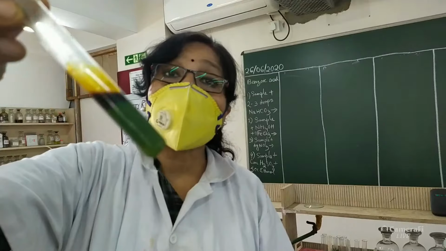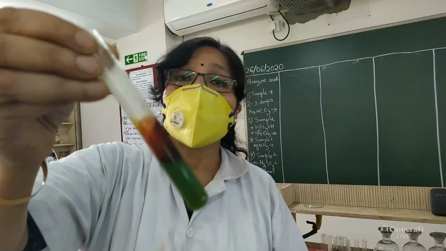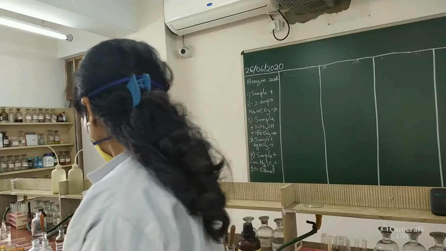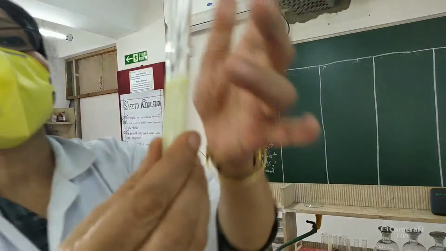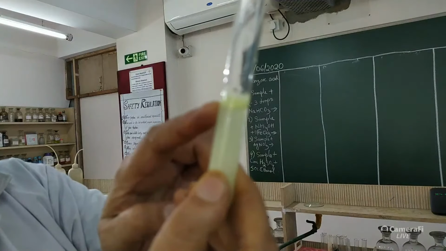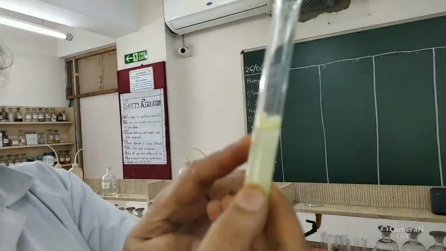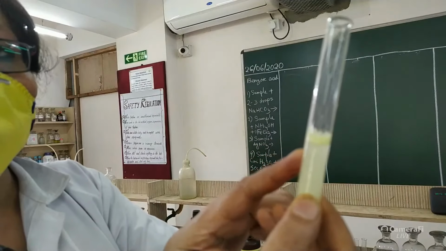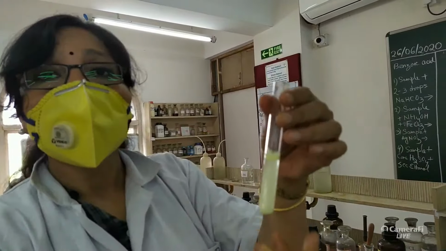It's highly exothermic. So I really cannot hold on to this test tube. It's very hot. Okay, so we'll just keep it here. Now look at that. I think you can see the iodoform crystals floating on top, pale yellow crystals of iodoform. So this is the test to prove that the compound that we have taken contains the keto-methyl group, that is CH3CO.